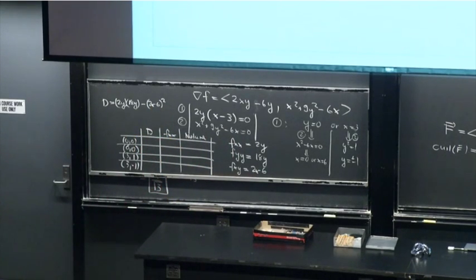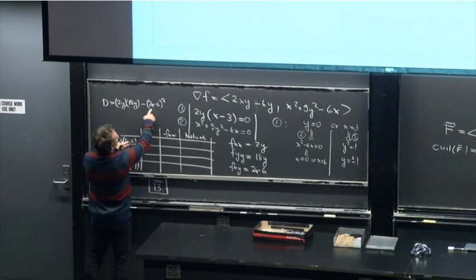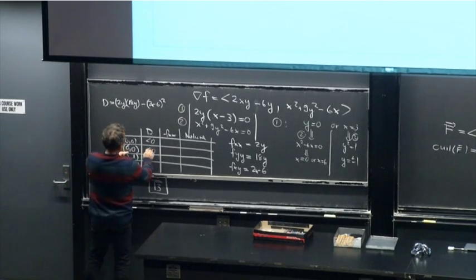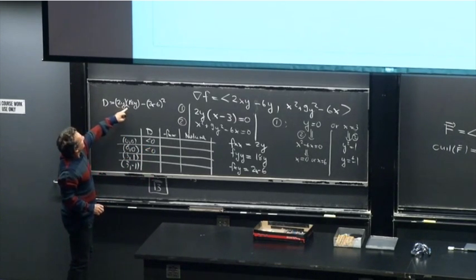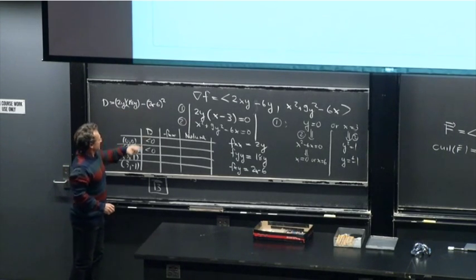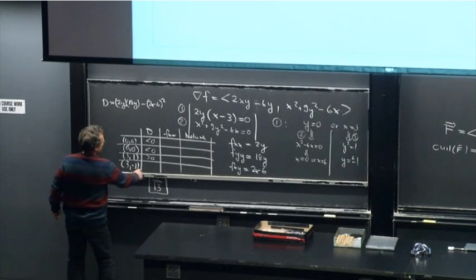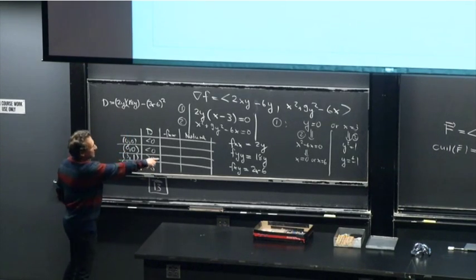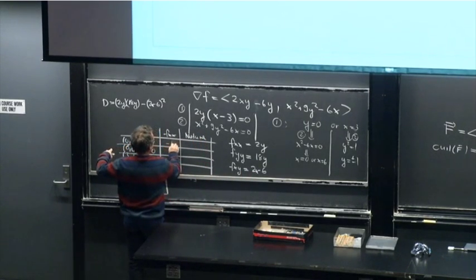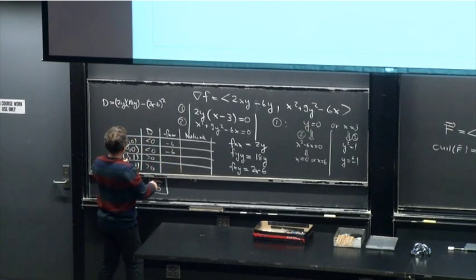And so now we have to do it at every point to see what actually happens here. So we see that here it's negative, right? Because when y is 0, that's negative. If y is 1 here, we get 36, that's positive, and also here it's still positive. fxx we can compute quickly. When x is equal to 0, it's minus 6, and when x is equal to 3, it's 6 minus 6.